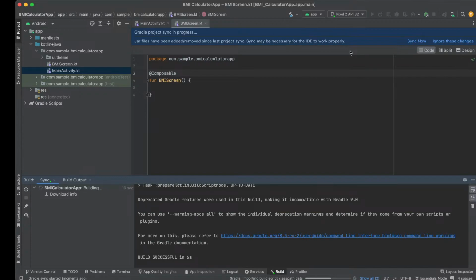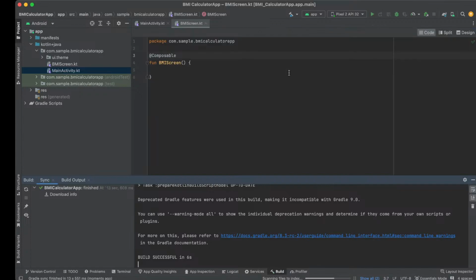So I ran the sync, and now for this, seeing if it'll give me the suggestion for the composable here. But anyway,